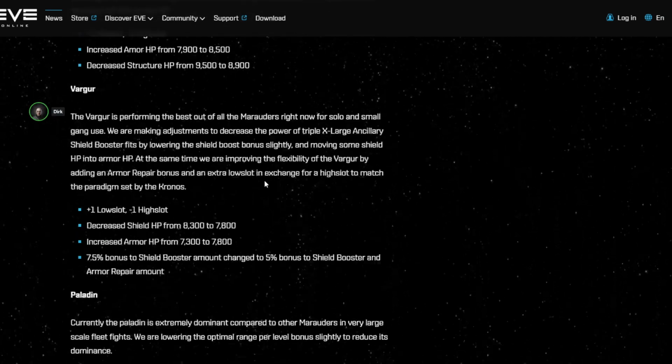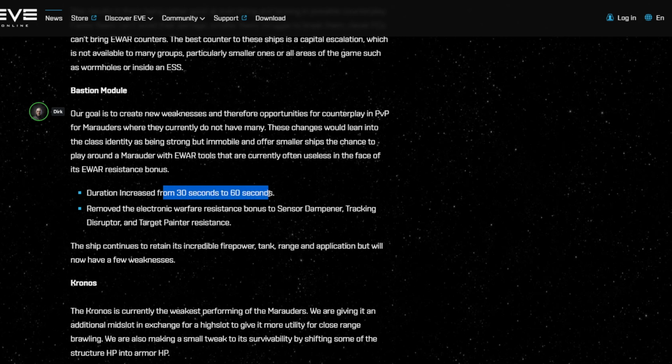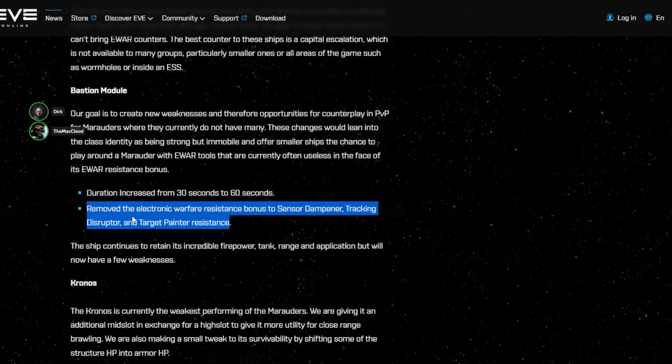The Bastion module is something that sees possibly the biggest changes, which is a duration increase. Way back in the day, the Bastion module was 60 seconds. They dropped the Bastion module cycle time down to 30 seconds to try and get it used more. Yeah. That evidently hasn't worked, so they're sending it back to 60 seconds. And they're also